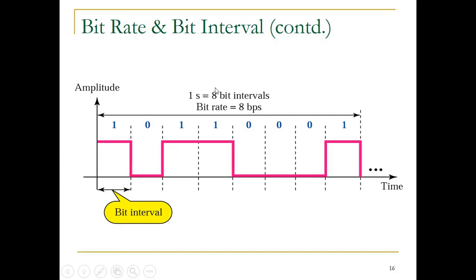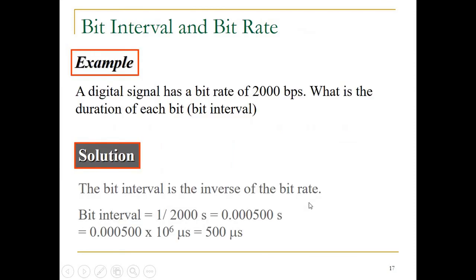So computation-wise, if we wanted to put this into perspective in terms of calculations, I want to look at some examples of how some of these calculations can be done when you have given information. For instance, you have a digital signal that has a bit rate of 2